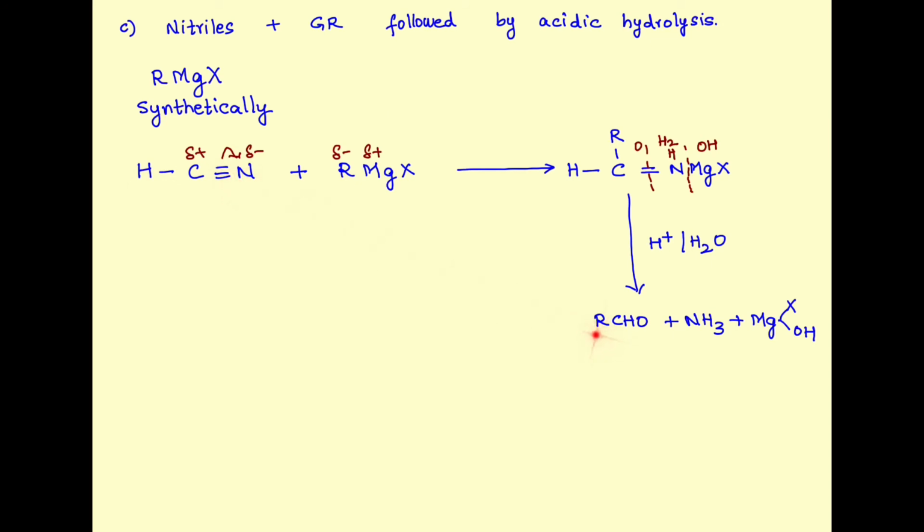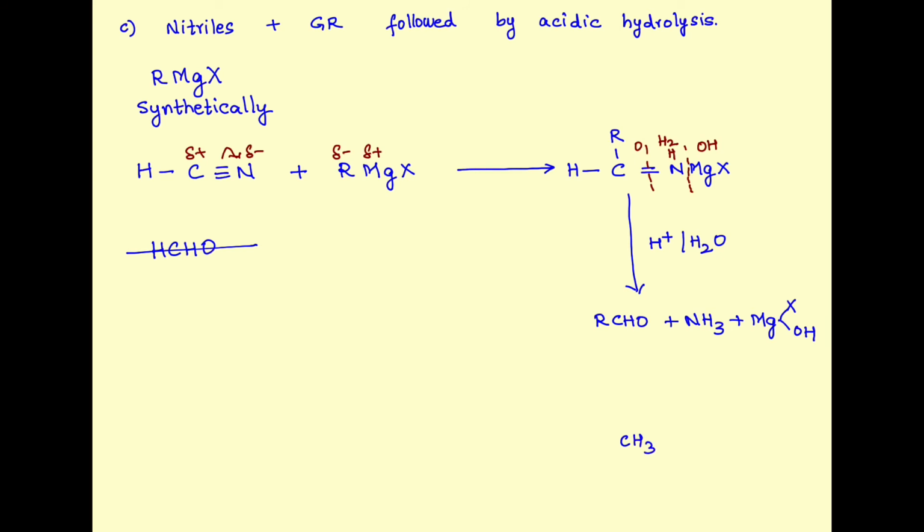In other words, by this method, HCHO, methanal or formaldehyde, cannot be prepared. But yes, we can prepare the other aldehydes using HC triple bond N by simply altering the alkyl group in the Grignard's reagent. So now go ahead and try forming